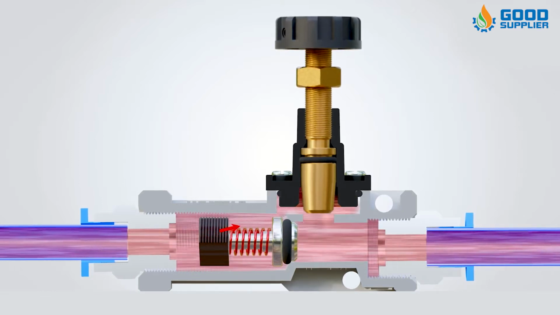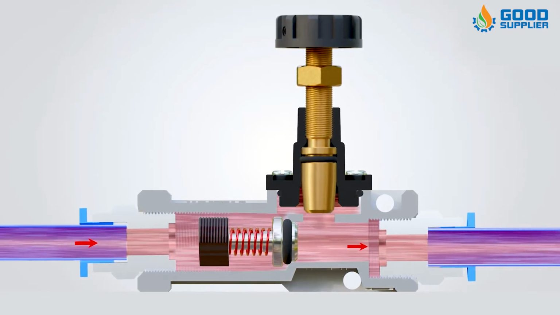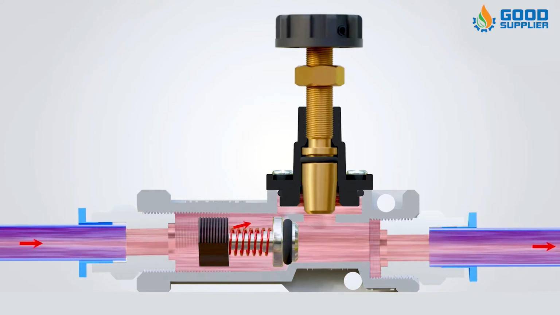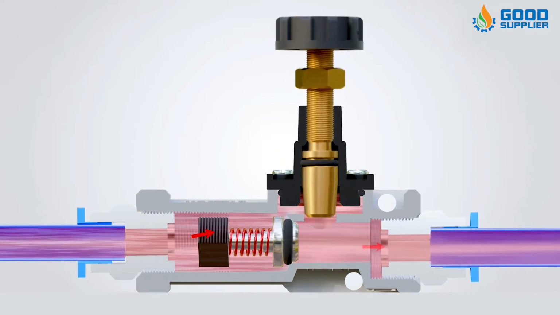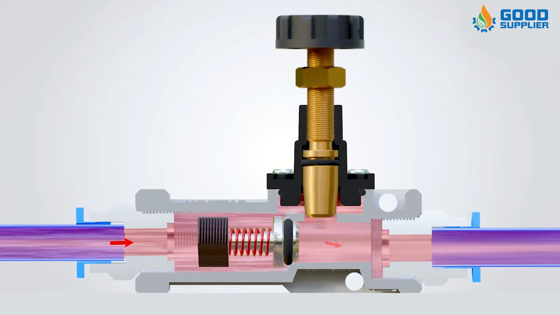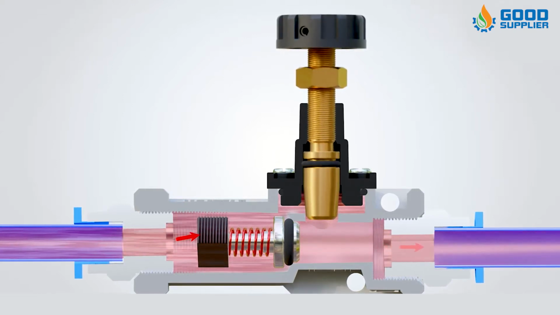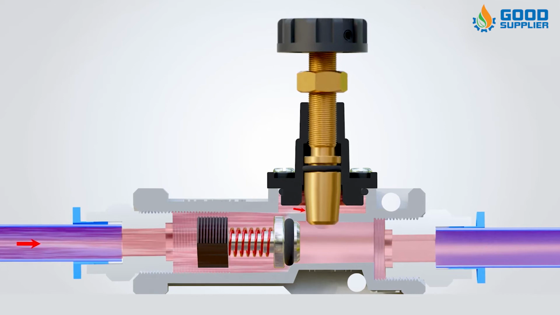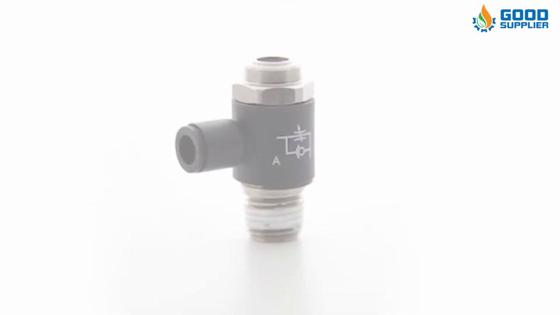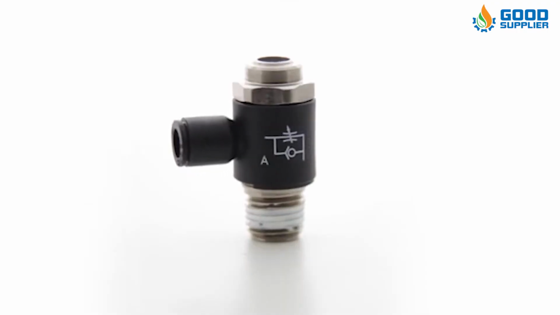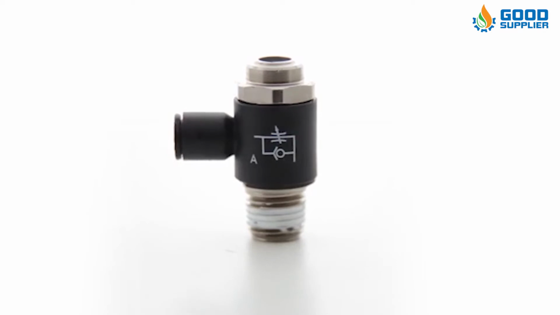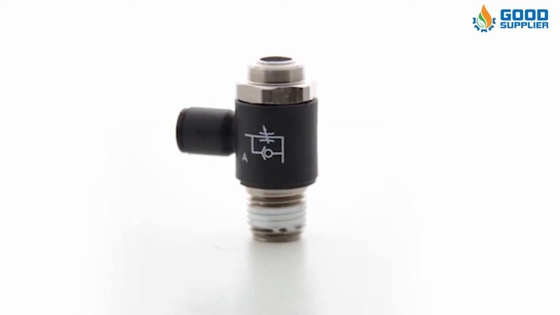A needle valve features a small port and threaded needle-shaped plunger and can allow precise flow regulation at lower flow rates. The best way to control the speed of either a pneumatic or hydraulic actuator is through the use of flow control on either the control valve or the actuator itself. Flow control works by controlling the rate at which you allow the exhaust air to escape out of the cylinder when you want to actuate it.